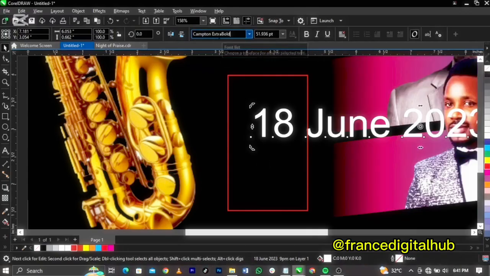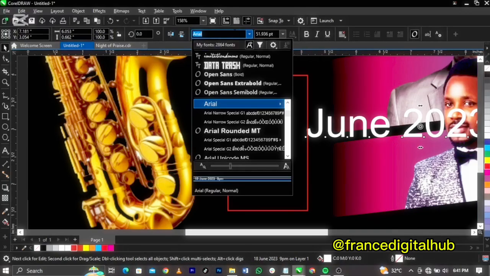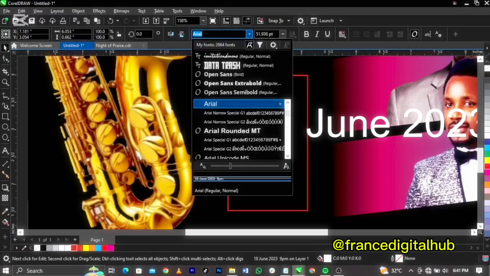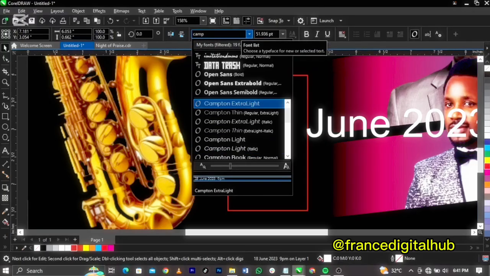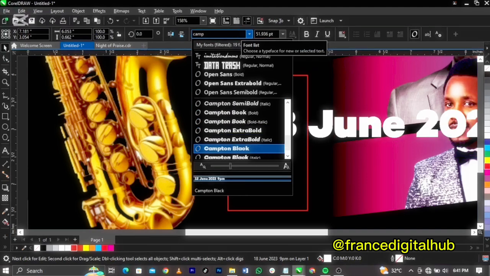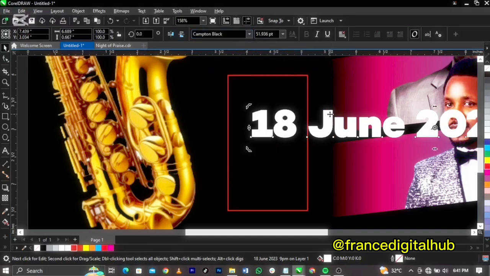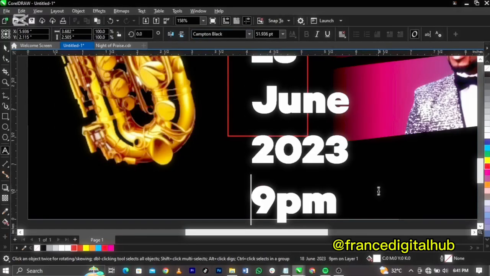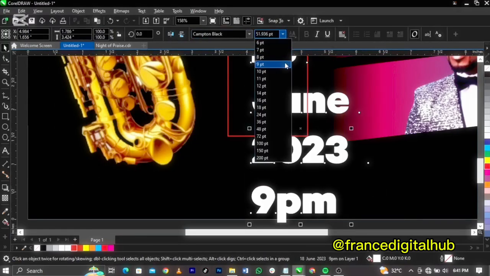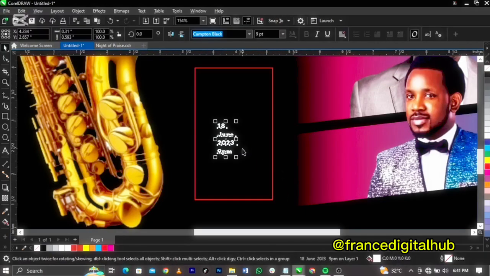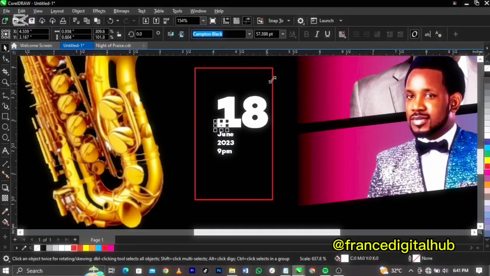All right, now paste it and paste it again. You can download the name of that font. It is not working, so I'm just going to type Captain Book and select the bold one. You can see the font family looking so excited to be used here. Now I'm going to just break this apart, reduce the fonts, so we got to see what we're working on. Now the next thing you're going to do is break it apart using Ctrl+K, scale this up this way,